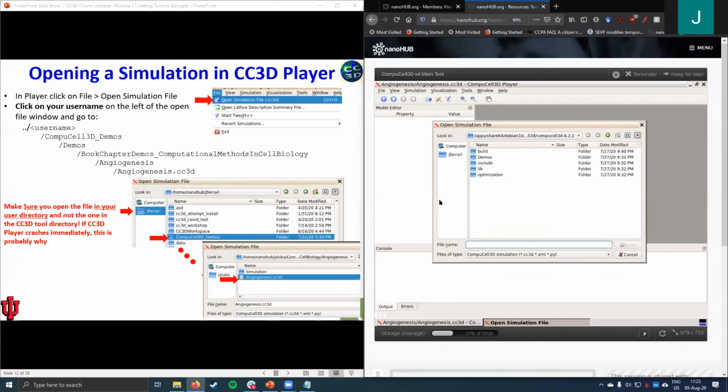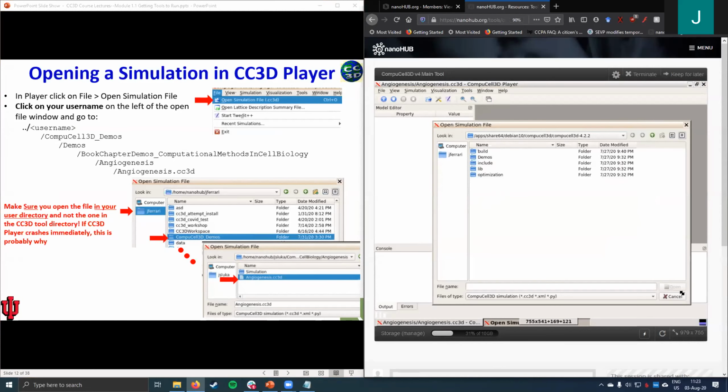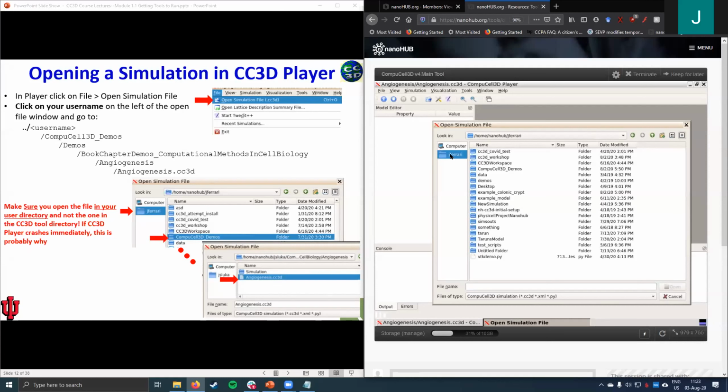Then the most important step that you have to do is to not open anything in this folder here, because this is not under your user, it's apps, blah, blah, blah. The first thing you have to do is click on your user there on the left, and that's the most important thing. So after you've gone to your user there on the left, you can go into here, CompuCell 3D